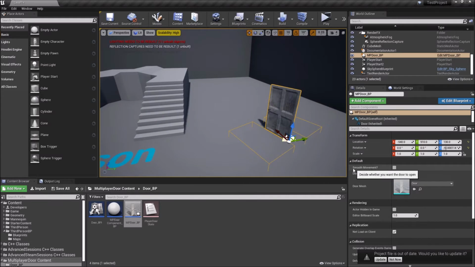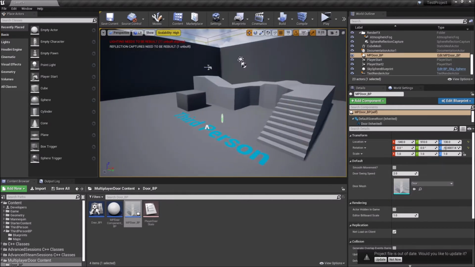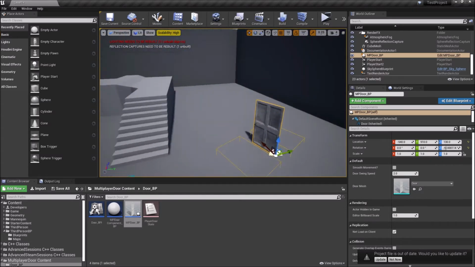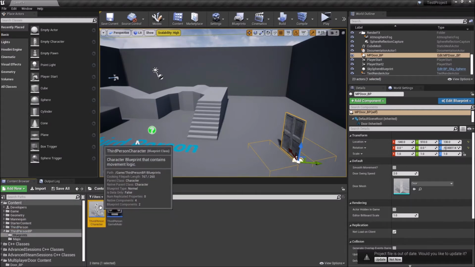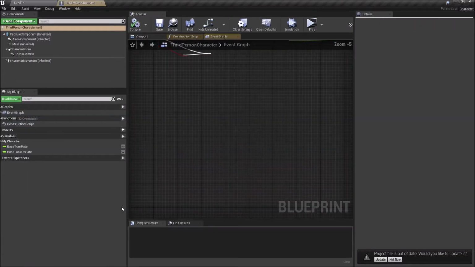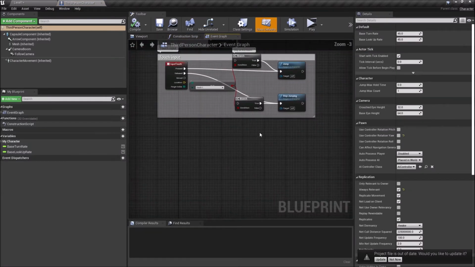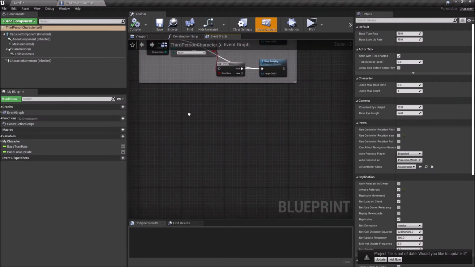You can see that we can set whether we want smooth movement or not, and we have the door swing speed, and we have the mesh that we want to set it to. So these are the 3 options that we have for now for this actor. So let's set up our interaction with the door. If we go over to our place where we have our input set up, our character or our input class, we could just go into that,